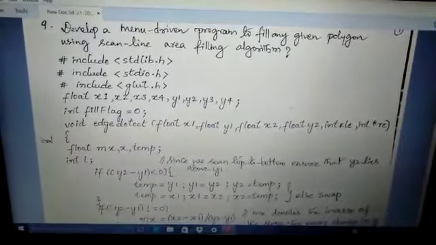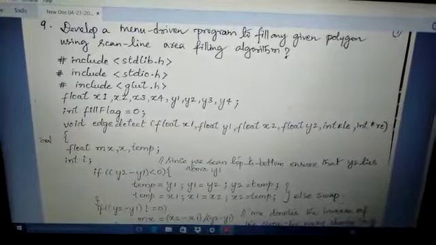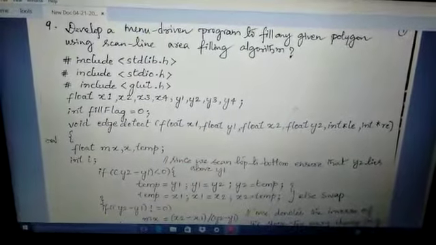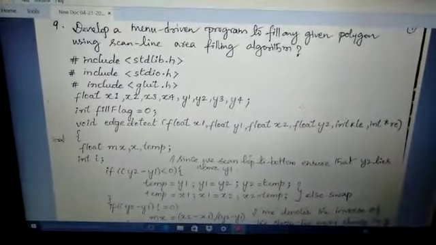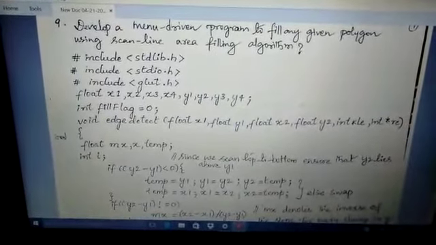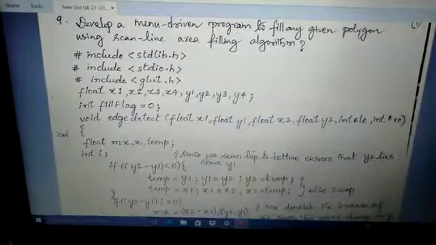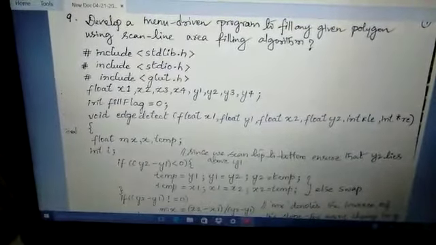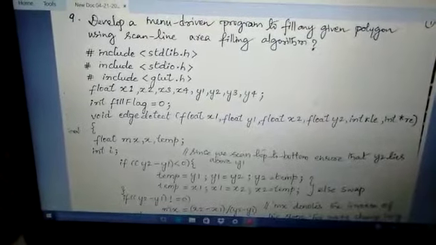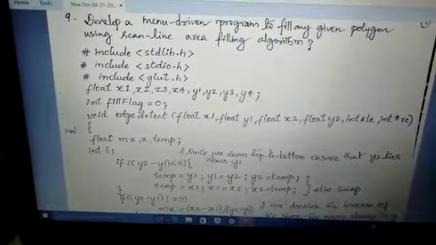The second step is to sort the intersections by increasing x coordinate values, that is from left to right. The next step is to fill pixels between consecutive pairs of intersections that lie interior to the polygon, using the odd parity rule to determine whether a point is inside the polygon or not.